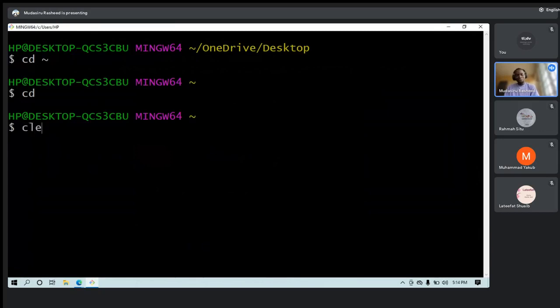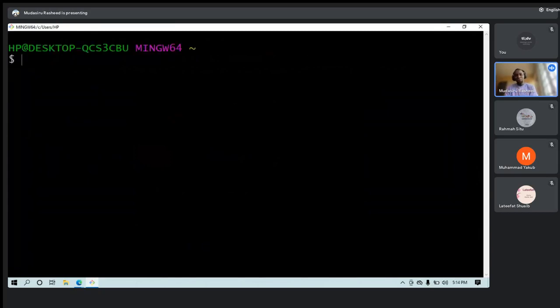So what we did not discuss before was clear. I can run clear to let everything go. I've performed certain actions, but now I want to clean my screen. I want my screen to be clean. Then I will run clear. For those of us using Windows, we may need to run CLS, which is clear screen. But now we use clear here to clear our screen so that we have a bit of space to work on.